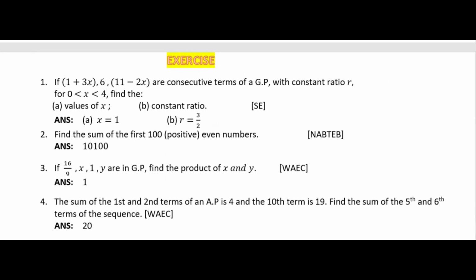Okay, that is perfect. So the answers are given there. When you attempt